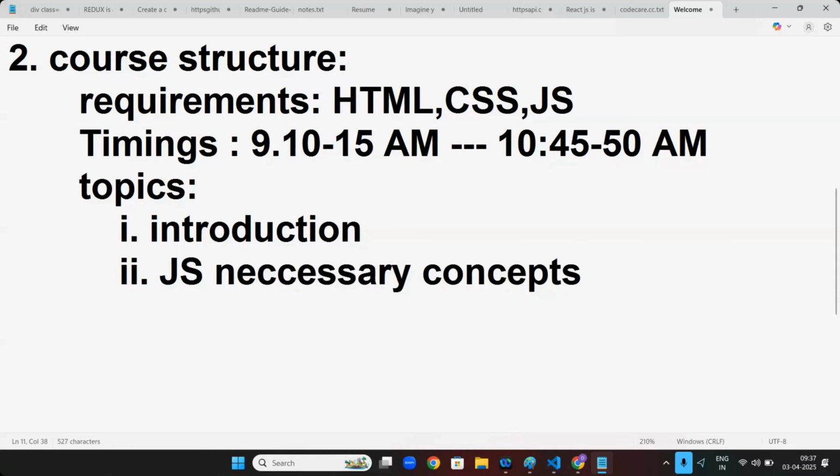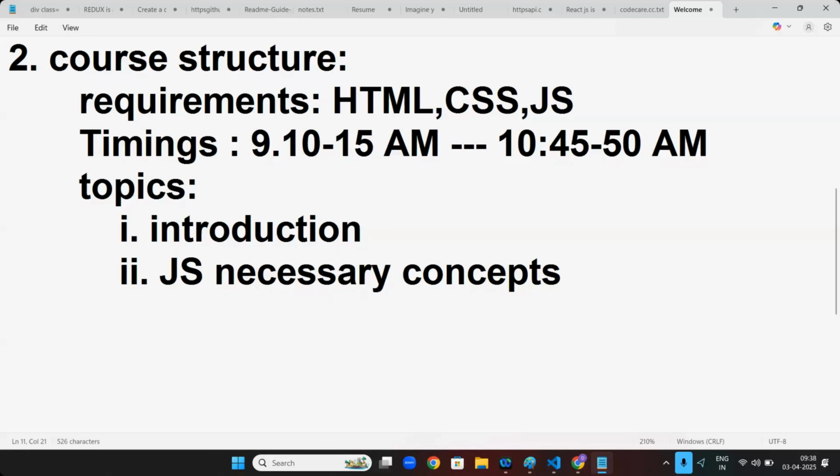So I will tell you some basic concepts of JavaScript. I will repeat some basic concepts of JavaScript tomorrow. If you learn those concepts, it is enough for React, instead of learning all the things again.